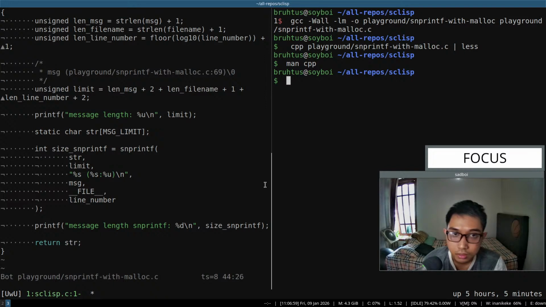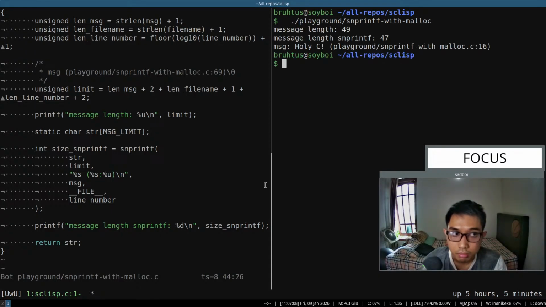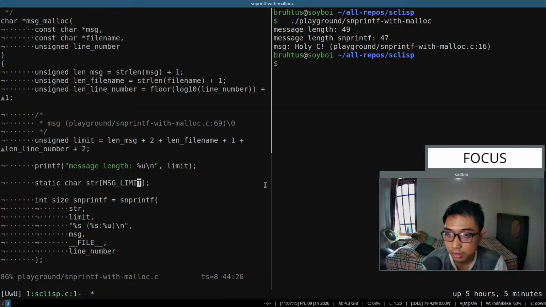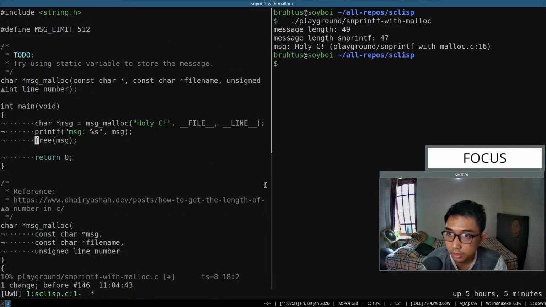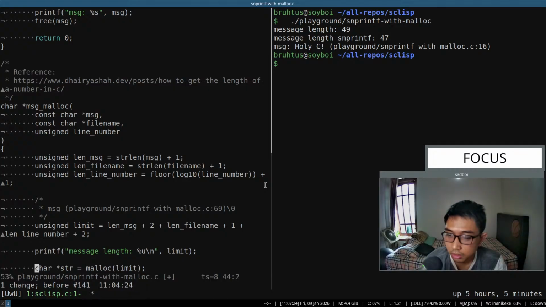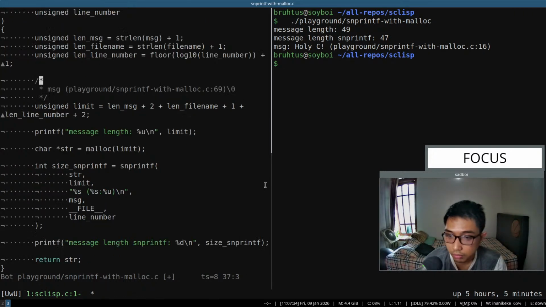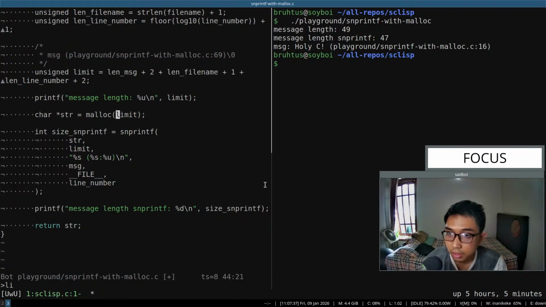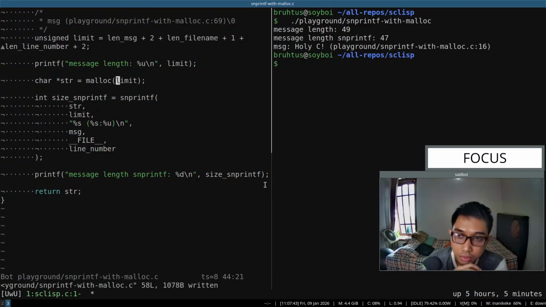Okay, and then, okay, we already compiled that. Let's try running the program. Okay, it worked because, well, we have some limit to spare. 49 is less than 512, right? But yeah, that makes me wonder,